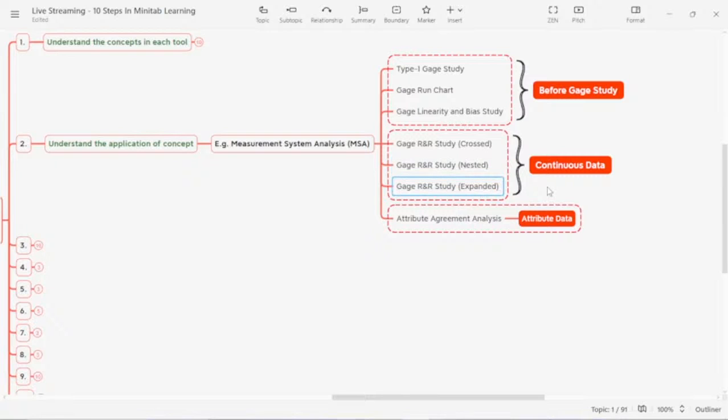If you are interested in operator, part, and the measurement system along with the environmental conditions, like the temperature, the humidity, the noise, what is the impact of all these external factors on our measurement system, then we need to use the gauge R&R study expanded. If our data is attribute, then we need to perform the attribute agreement analysis. So there are multiple tools available under each important concept in Minitab, and when we are going for the application of that particular concept in real life, we must know the application of that concept, right? So this is the second most important point